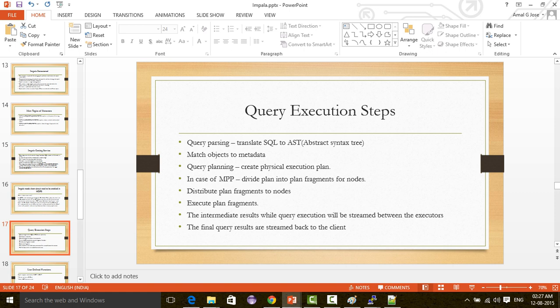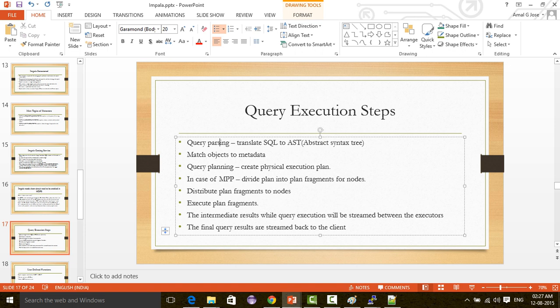Then the next thing is query execution steps. So we discuss first the query. It will be an SQL query. So the query will be parsed first. Then after the parsing, it will check,